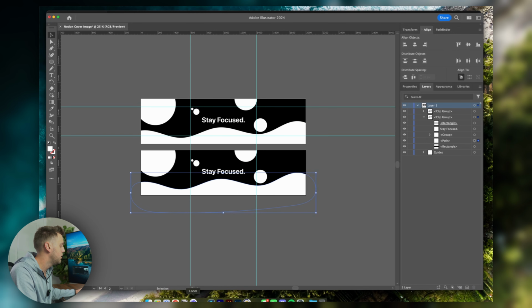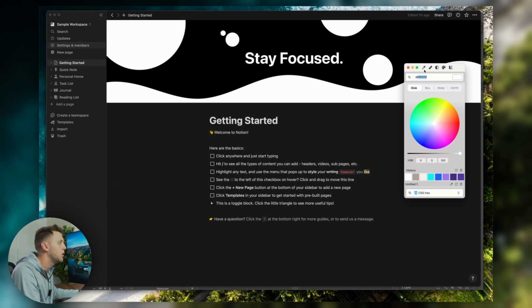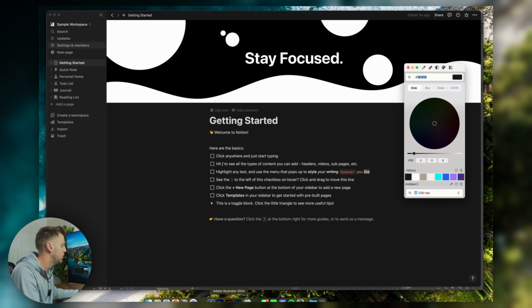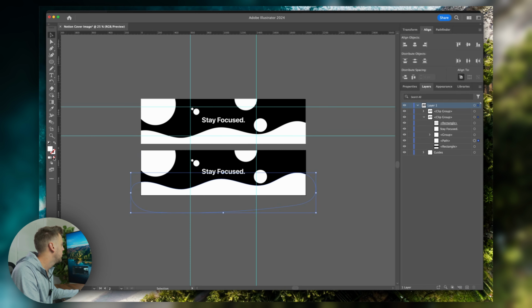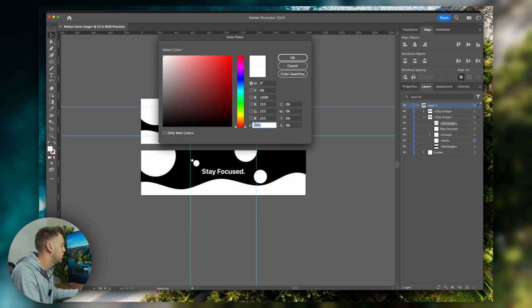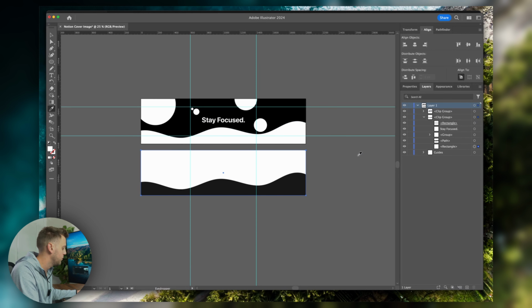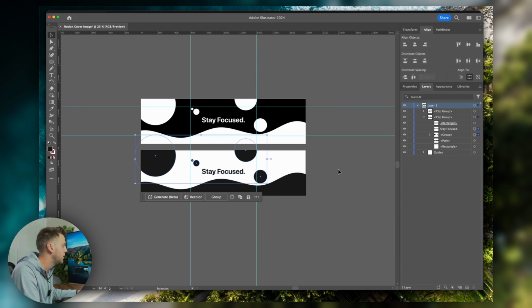So let's go back into Notion, color picker. It's 19, 19, 19. So we're going to copy that, go to Illustrator. We're going to paste our hex code in there. That's our background color. Let's also take our text and our circular objects here, and I'm going to hit I on my keyboard, and I'm going to make it the same color, 19, 19, 19. Perfect. So let's go File,